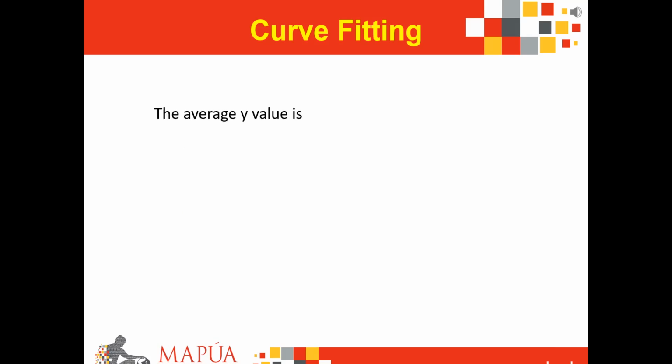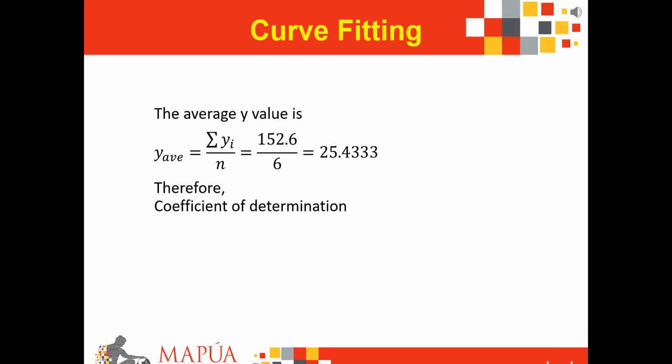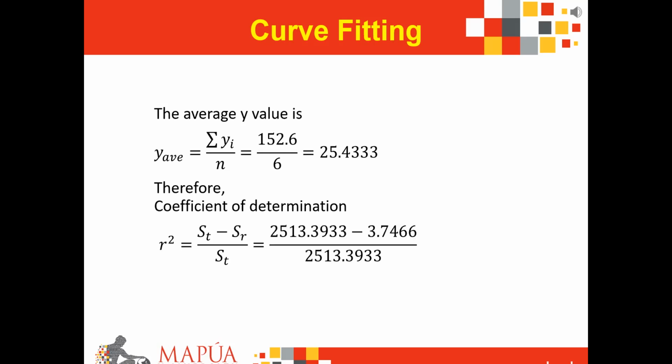Using now these values to solve for the coefficient of determination, with an average value of y equal to 25.4333, we end up with this solution, giving us a coefficient of determination equal to